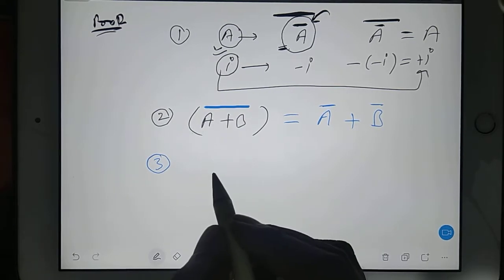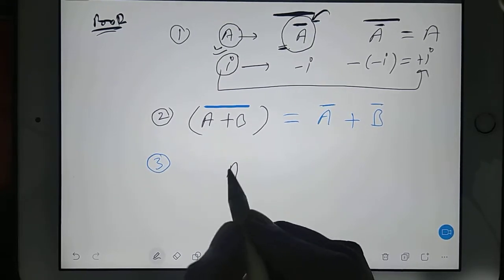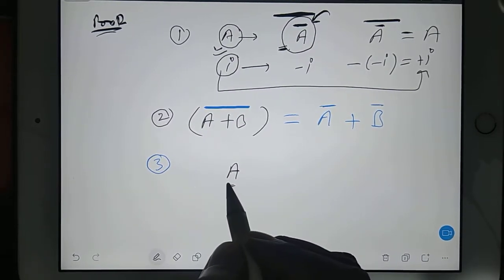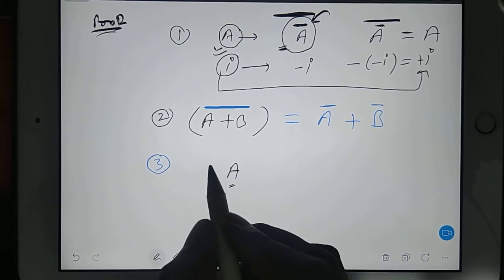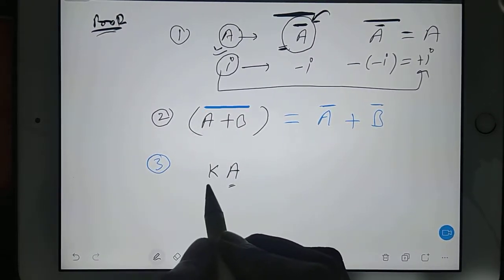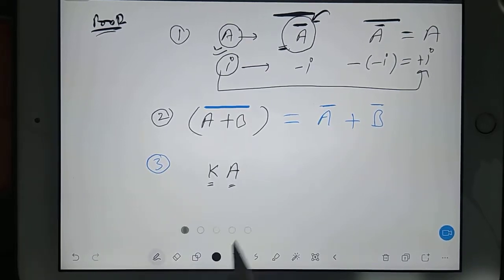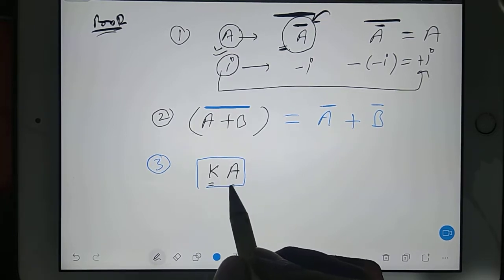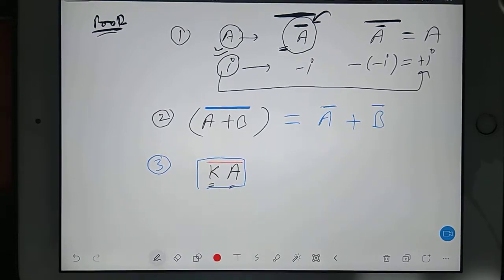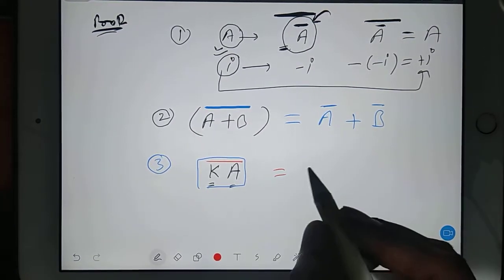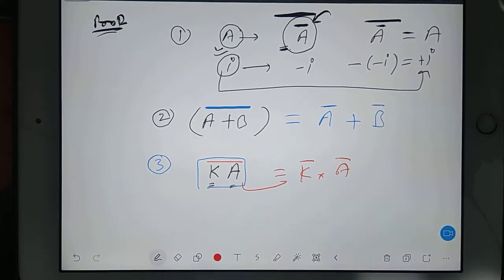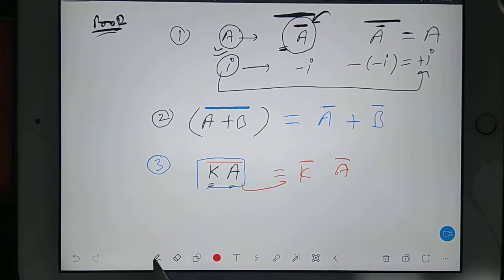Now suppose you have the third property. Suppose you have any matrix A, and we are considering that it contains complex numbers, right? I am multiplying it with any number k. This k is also a complex number. After multiplication, I will get a final matrix. Till now only the multiplication is over. Now you find the bar of this. Bar means conjugate of this. Then this conjugate you can also break as the conjugate of this number into the conjugate of the matrix. So we can split here.